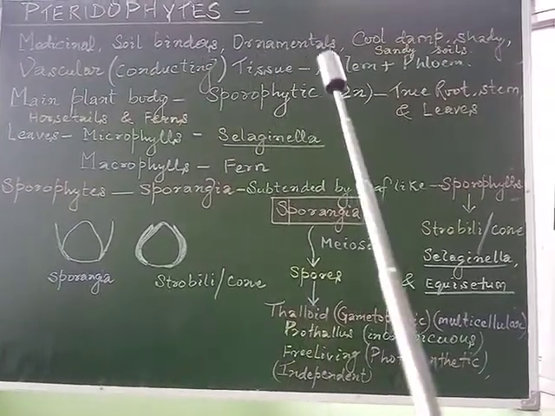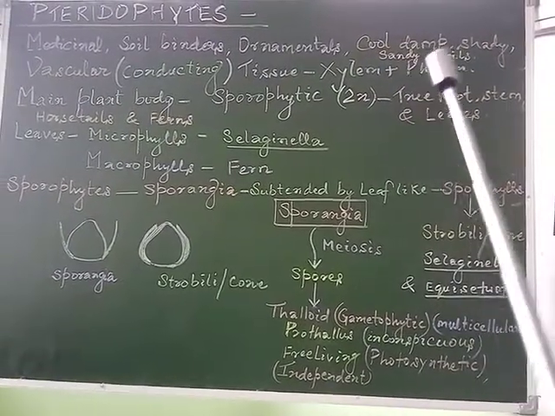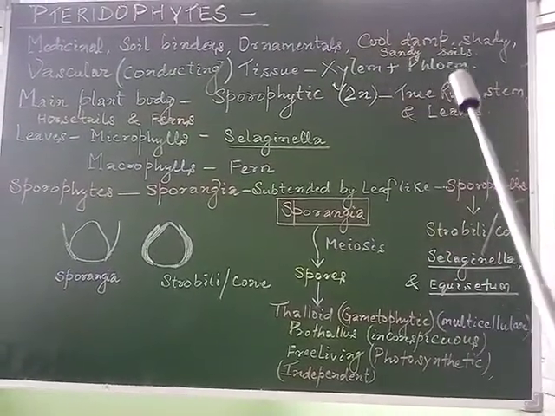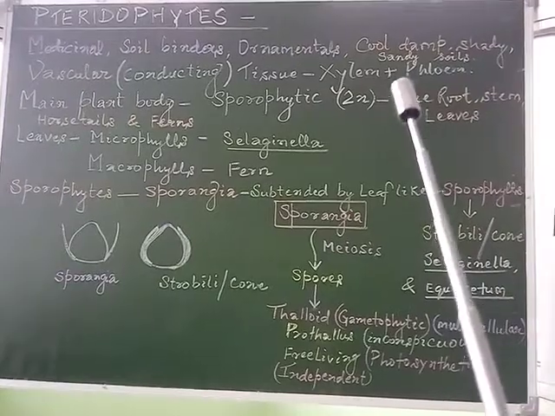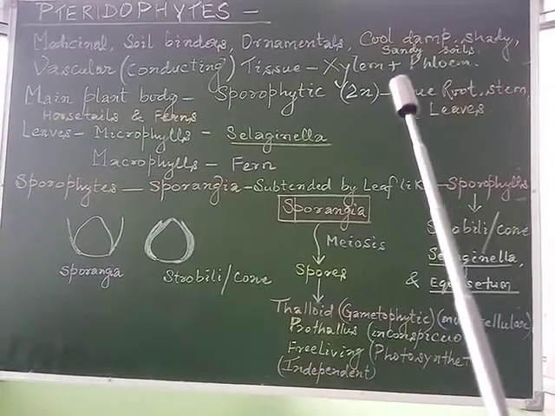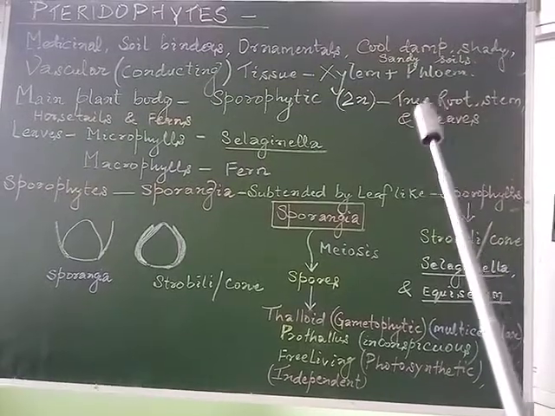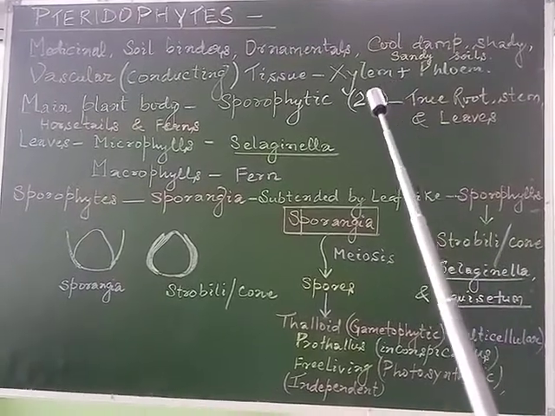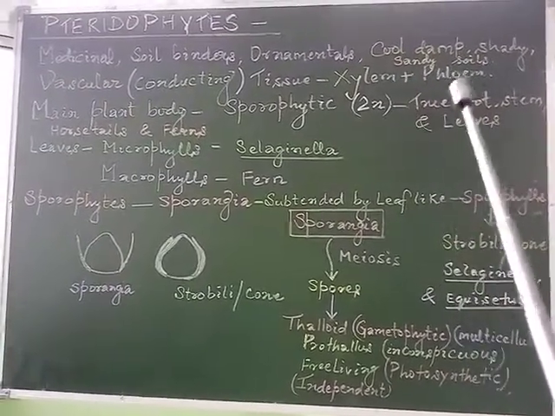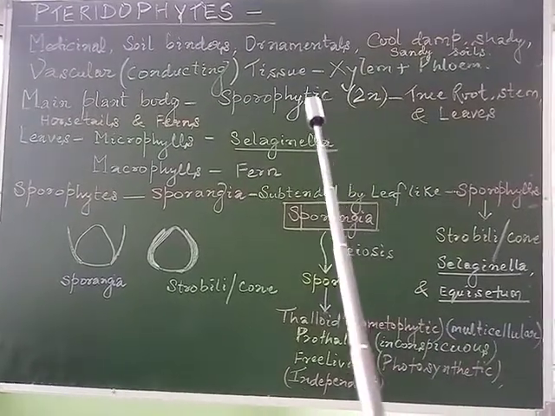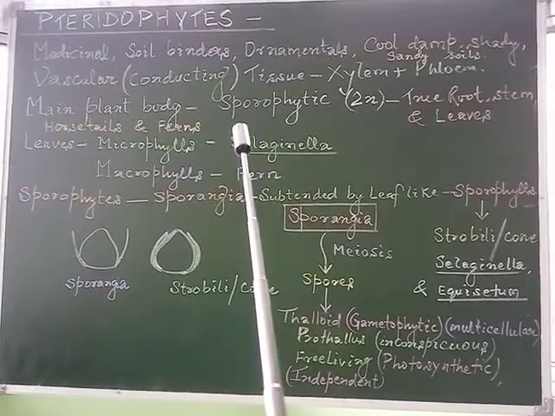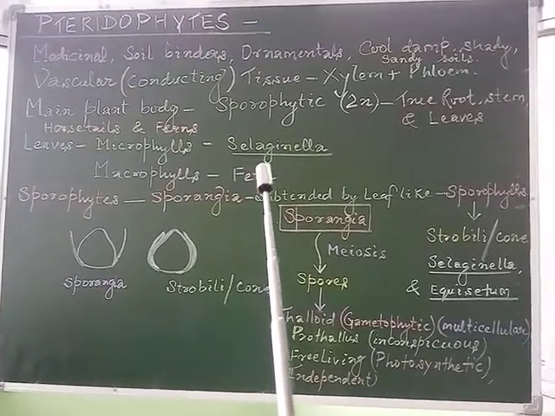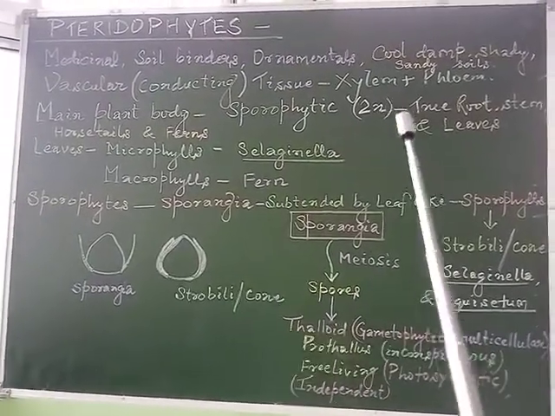These pteridophytes mostly grow in cool, damp and shady areas, meaning they need dampness and shade, while certain members also grow very well in sandy soils. As the members are able to grow in sandy soils, we may correlate that evolutionarily they are the first group of the plant kingdom which have developed to grow in such types of habitats.